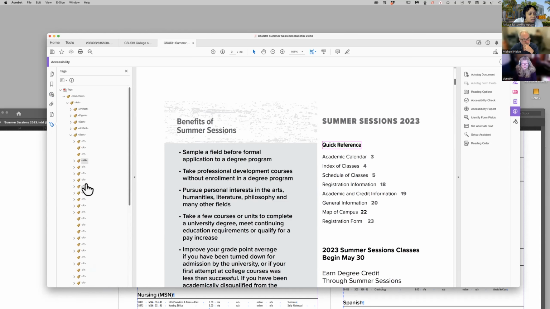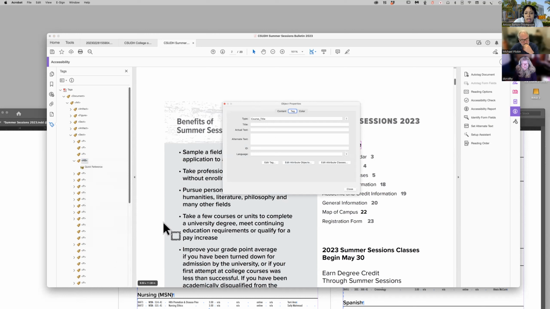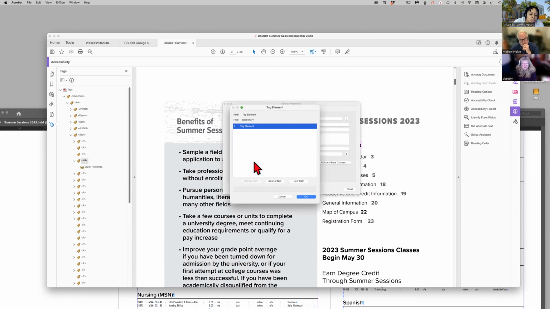Now you see that H3 is highlighted. Let's right click on it, and then go to properties there. It's a little bit confusing here. And then up there, edit tag. And then we'll change it to